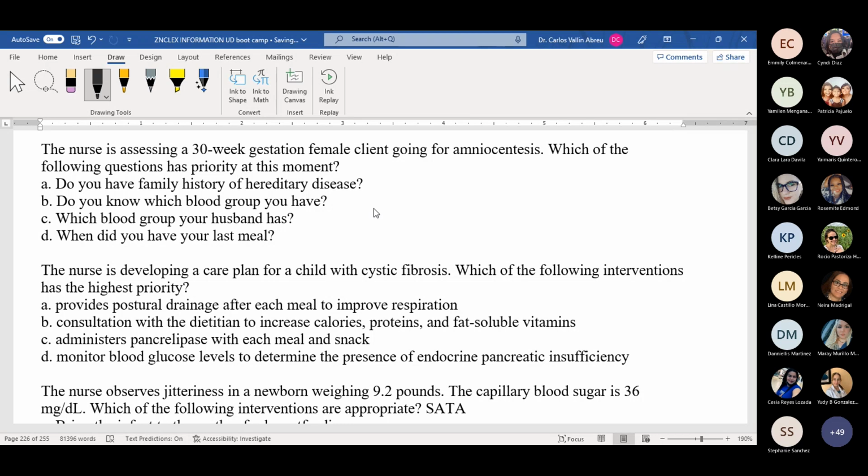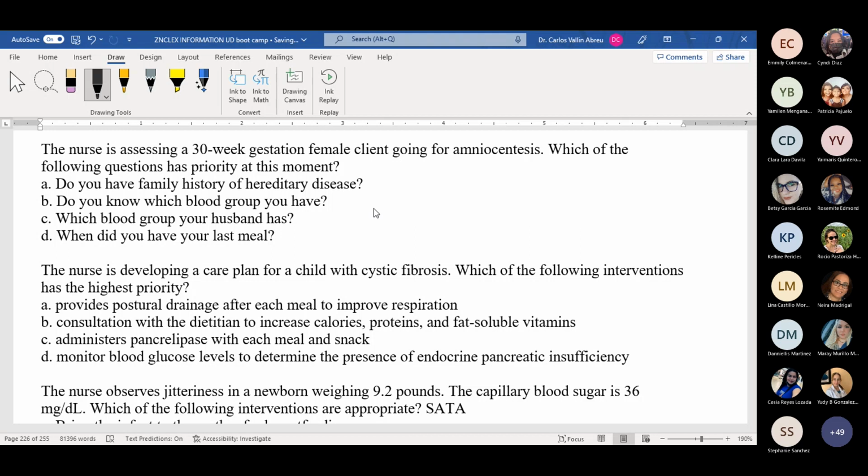So usually we evaluate the growth and the evolution of the fetus without a need of amniocentesis, usually with the ultrasound, and even with the measurement of the uterus height. Okay? With the uterus height we can have an idea of the growth and evolution of the fetus. And of course, the ultrasound is very useful, which is non-invasive. But sometimes